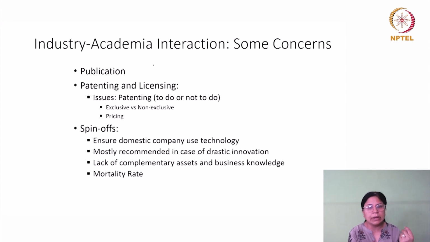Then with respect to patenting and licensing, clearly there are challenges. We have talked about whether to patent or not, and exclusive versus non-exclusive pricing. These points we have already discussed. But one thing is to be made clear: patenting will actually facilitate the transfers from the academic institutions to the industry. Why? First of all, it will give a signal to the industry that a patent has been granted. That means it meets the three criteria,